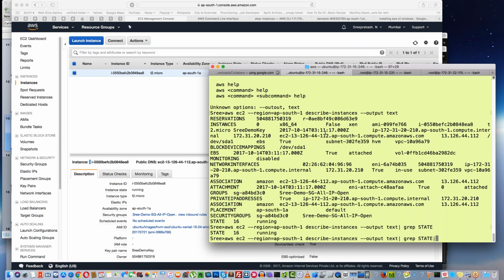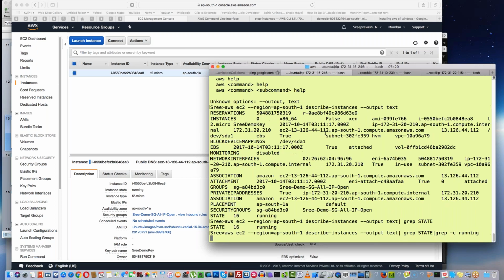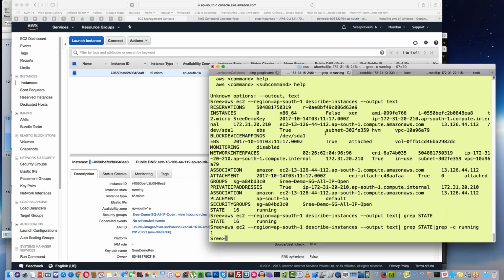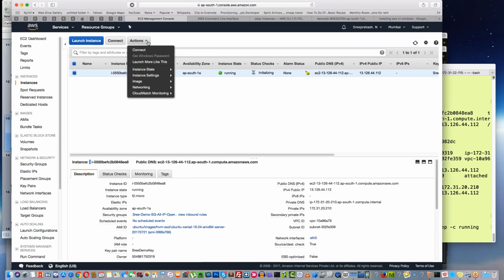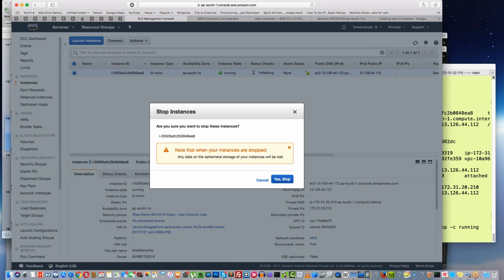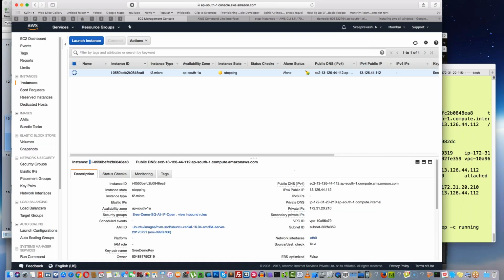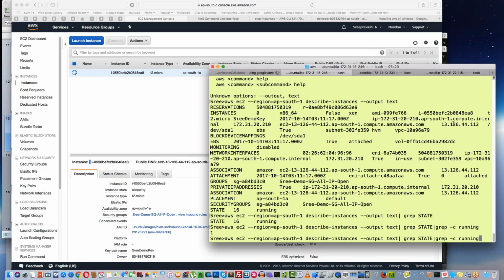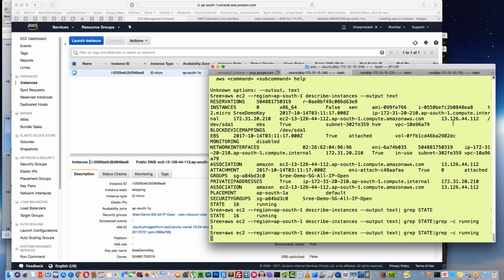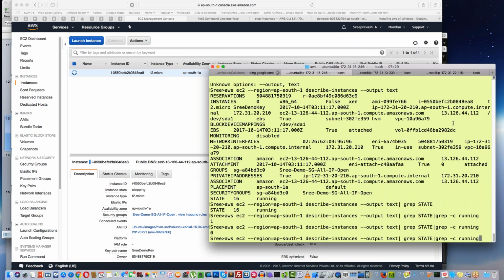Okay, state grep minus c running will give you 1 if it is running, and if I stop it, instance state, stop it. I could have stopped using the command line as well. Instance state, see, it has become 0. This I can put in your